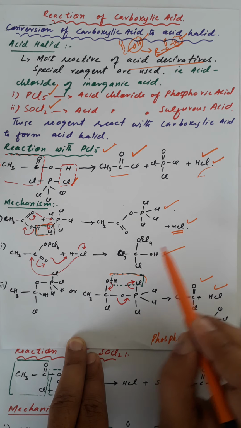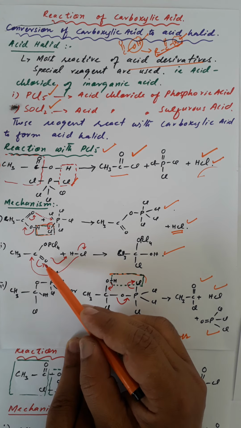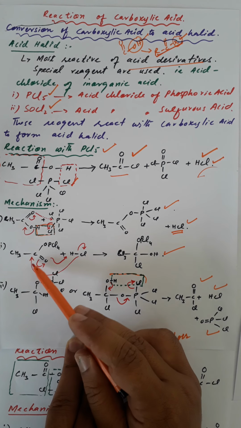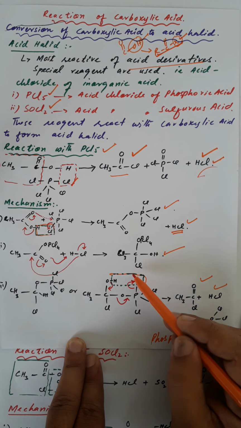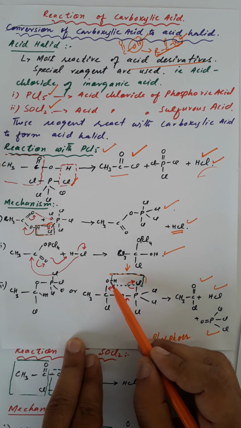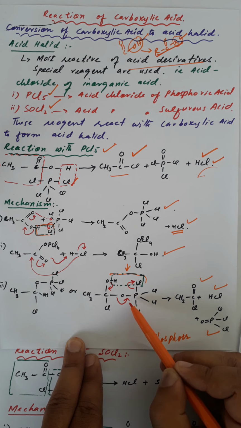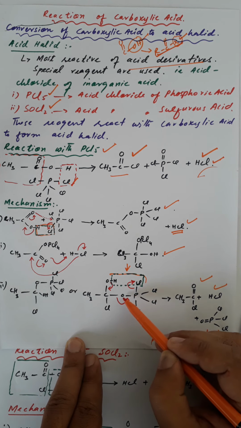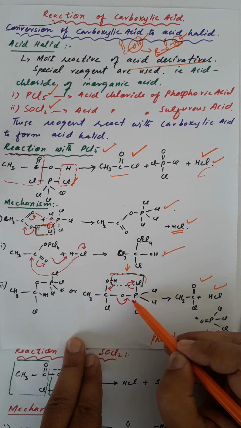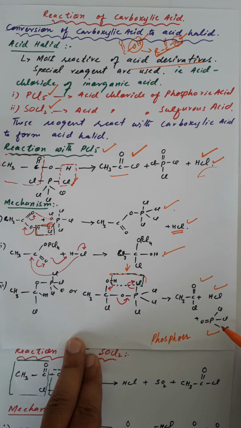Now HCl again reacts with this compound. Oxygen is more electronegative, and chlorine will attack the carbon, and hydrogen is attached to the oxygen, and it can be written like this. The electrons from the hydroxyl group will be attracted toward the carbon, and these electrons will be attracted toward the phosphorus, in which one of the chlorines, which is more reactive, will attract electrons from the phosphorus, so it will become positive, and these electrons will go toward the phosphorus, and hydrogen will be replaced with chlorine, forming HCl and phosphorus oxide trichloride,